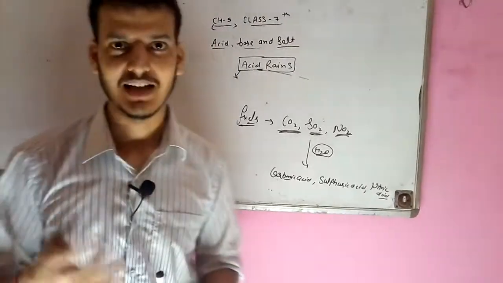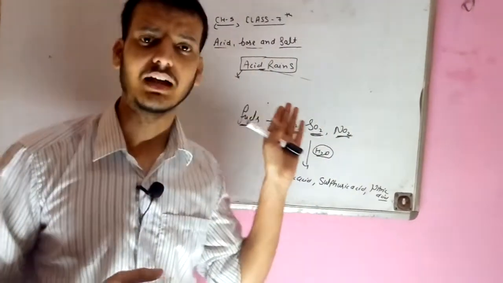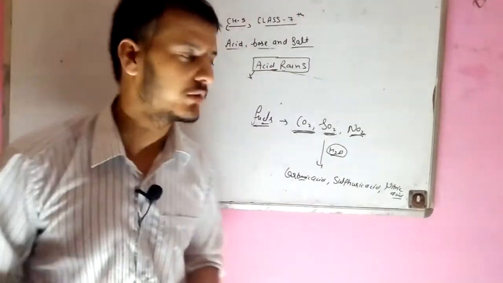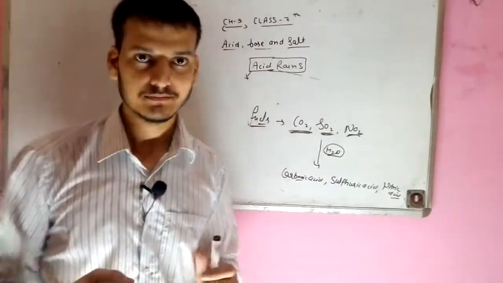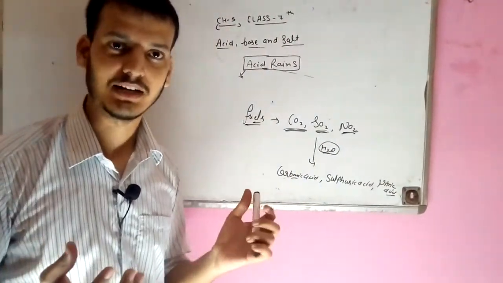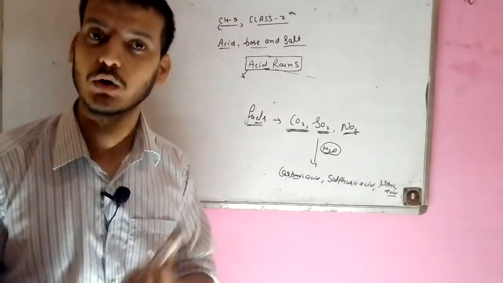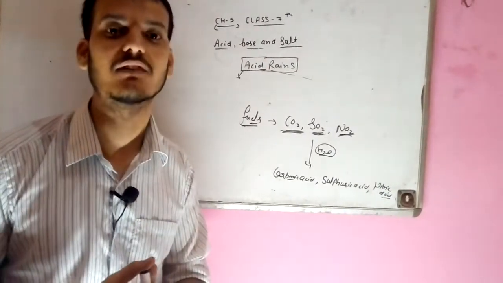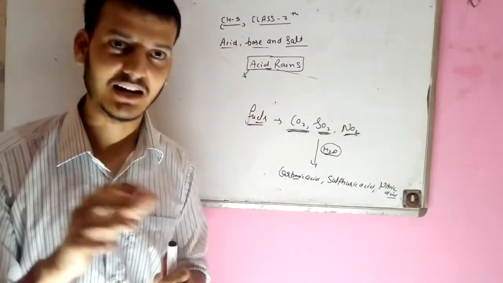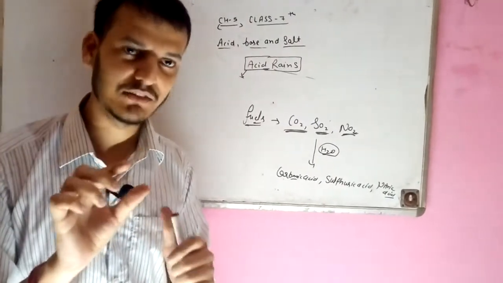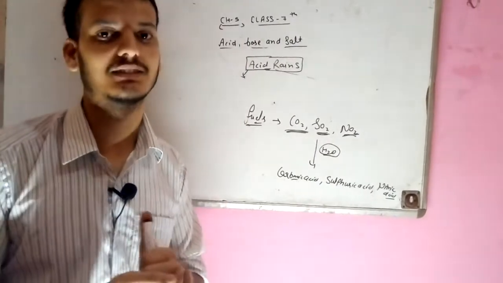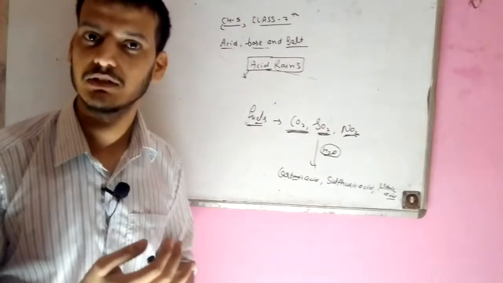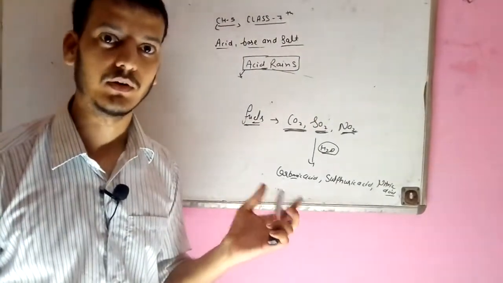So why? Because they are highly acidic, and it also affects human beings, aquatic animals and some stone buildings. How will it affect aquatic animals? We know there is water, and when the water mixes with the rain water, pond water, the acidity of this water will increase, and it will affect the survival of their babies. Some aquatic animals' babies will not be able to adapt to those conditions. If the acidity of the water increases, they will have difficulty in respiration, and difficulty adapting to these conditions.